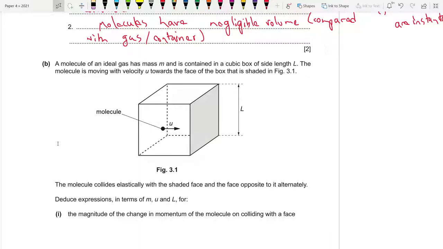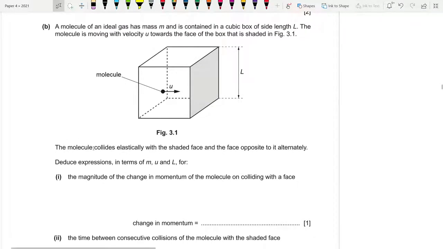So remember to subscribe. A molecule of an ideal gas has mass m and is contained in a cubic box of side length L. The molecule is moving with velocity u towards the surface of the box that is shaded in figure 3.1. The molecule collides elastically with the shaded face and the face opposite to it alternately. Write expressions in terms of m, u, and L for the magnitude of the change in momentum of the molecule